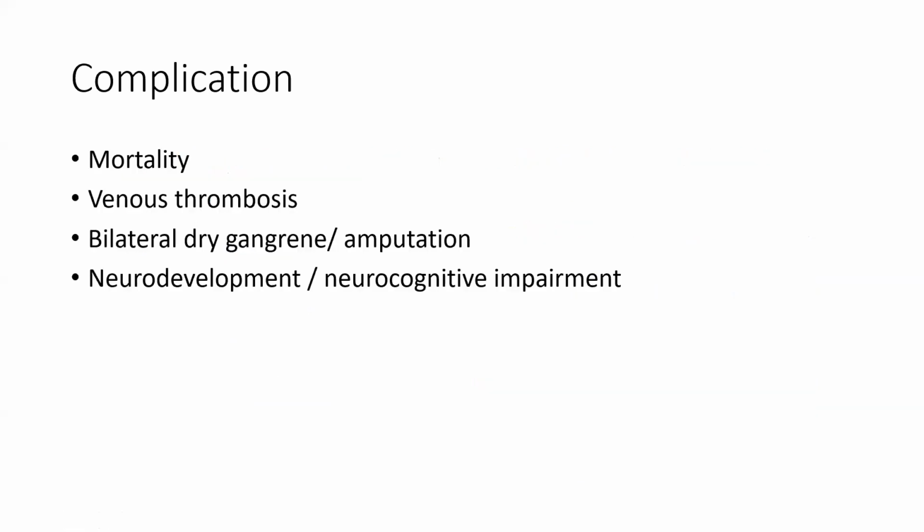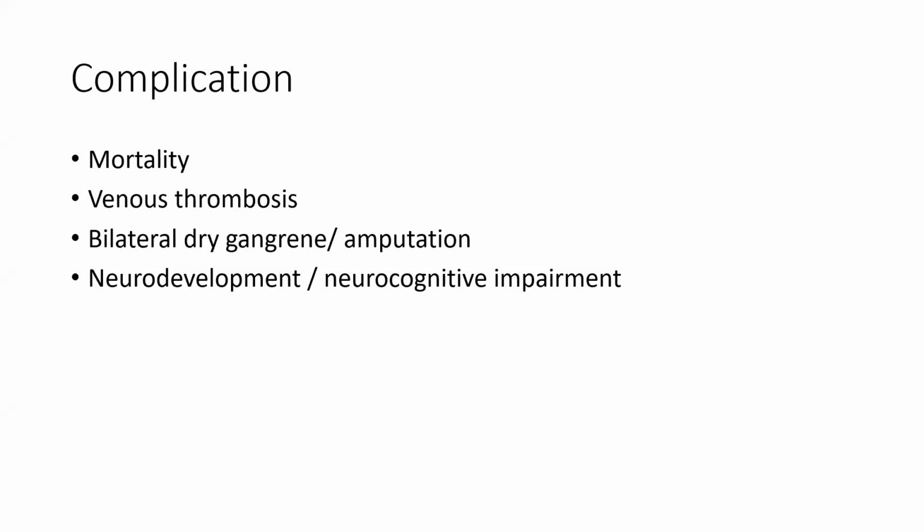However, what we found in our patients, most of them, is that the complication of hypernatremia is increased mortality and venous thrombosis. Especially, we found that most of the children with severe hypernatremia have bilateral gangrene, and some of them end up with amputations. If there is, for example, a cardiothoracic surgeon in this forum, they will tell you the truth: most of our children with severe acute kidney injury and hypernatremia have gangrene. Most of the time it's dry gangrene, secondary to